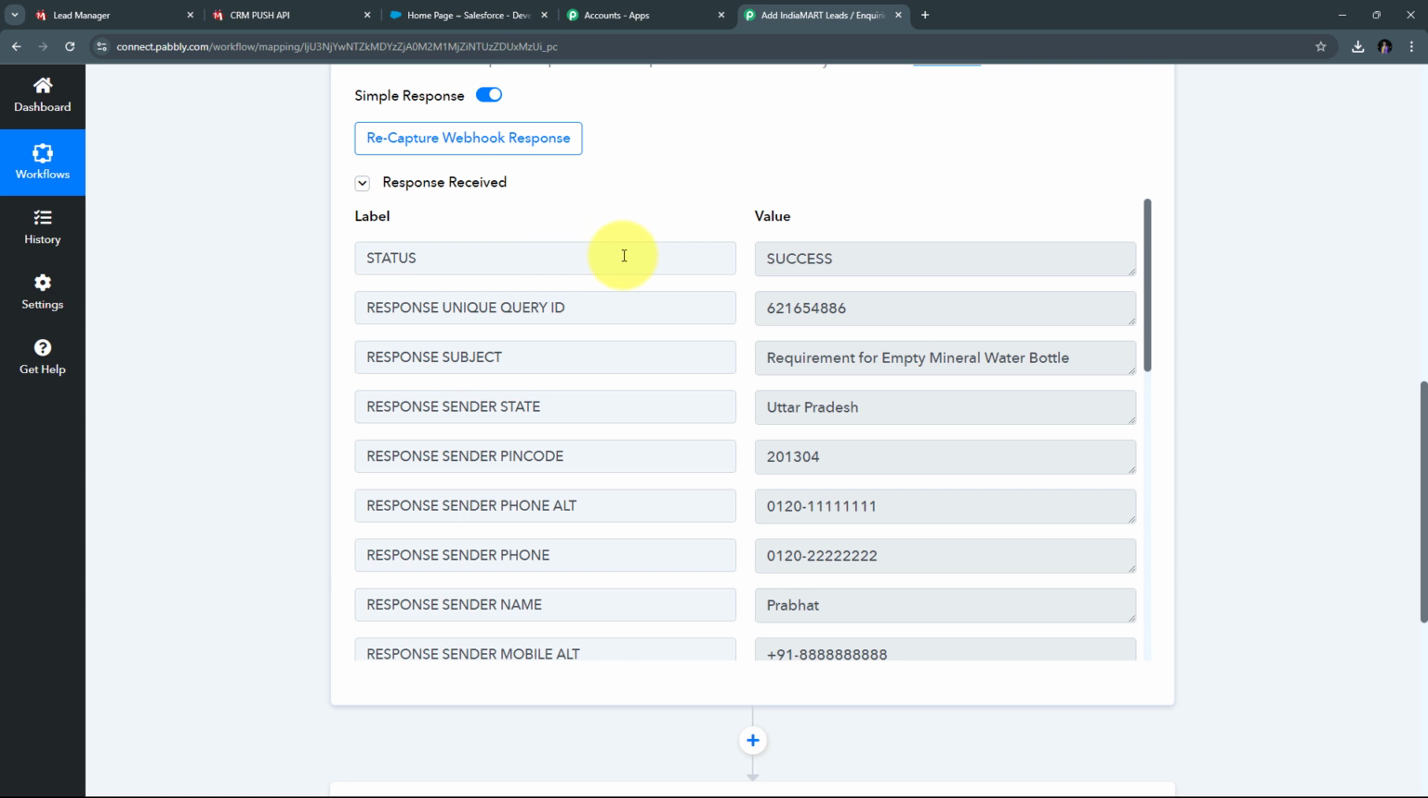So in this response, I have received the status of success. I have received the unique query ID. I have received the subject, that is requirement for empty mineral water bottle. So this is the product for which I have generated this inquiry, and this is a test product. This is not a listed product on my IndiaMART account. I have just generated the test inquiry so that I can show you how to set up this automation between IndiaMART